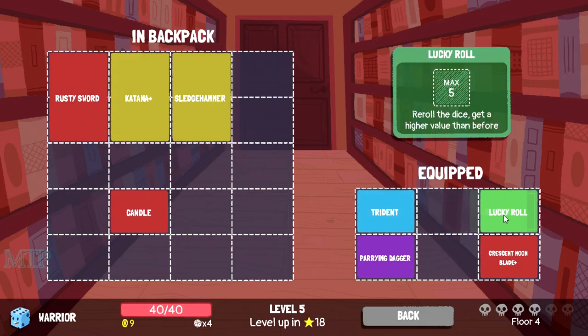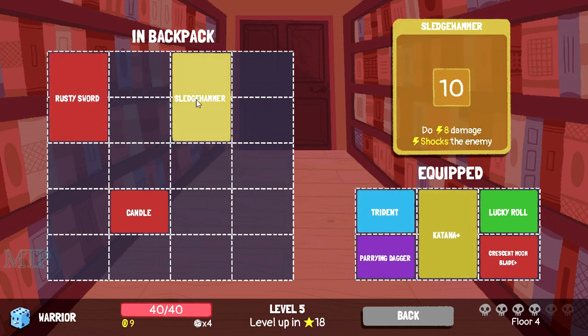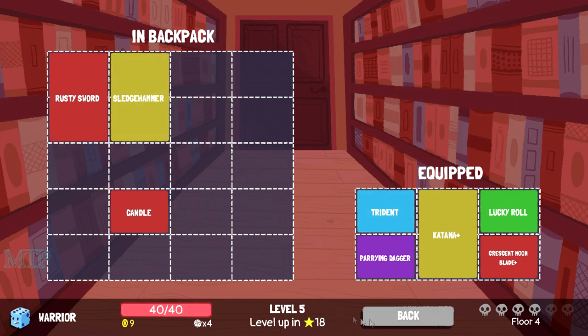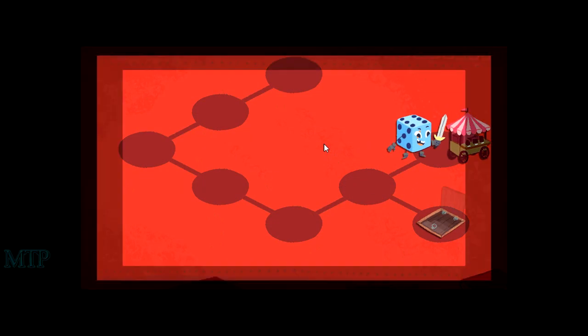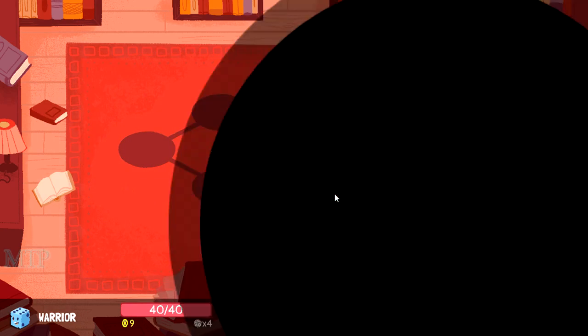Alright, candles out of there. Lucky roll, Crescent Moonblade, Ring Dagger, Katana. Keep Trident instead of Sledgehammer. Since that shocks and that shocks as well, but this doesn't require as much. Now also freezes. Cool. Ooh. 6 frost damage, freeze 1 dice. Does that wording need to be changed since freeze is different? Stone staff. I want to keep trident. I like the extra freeze damage, but